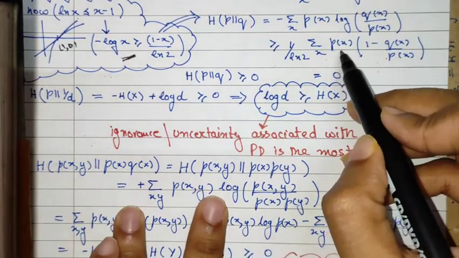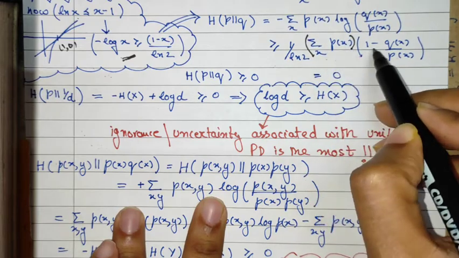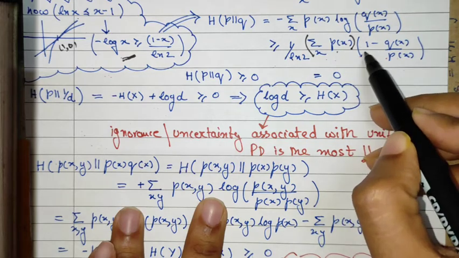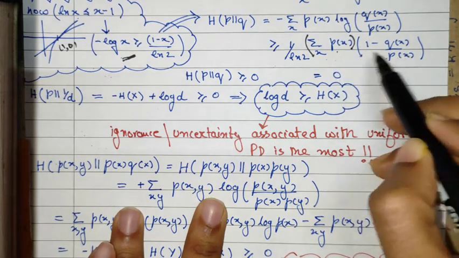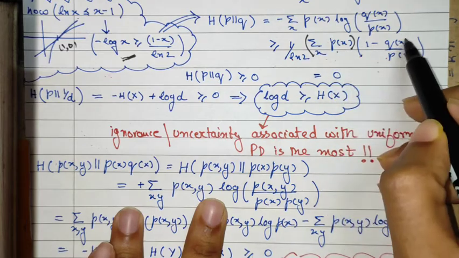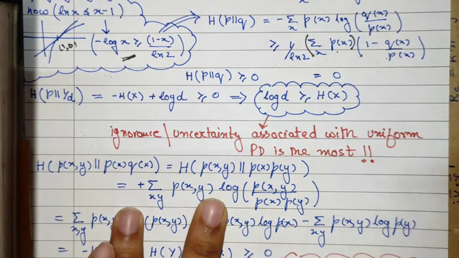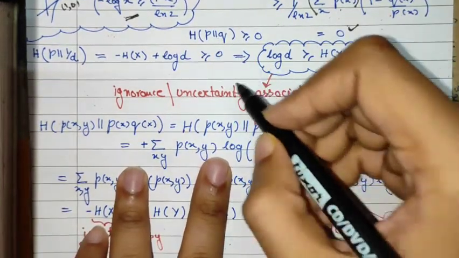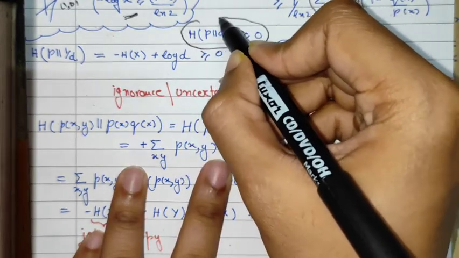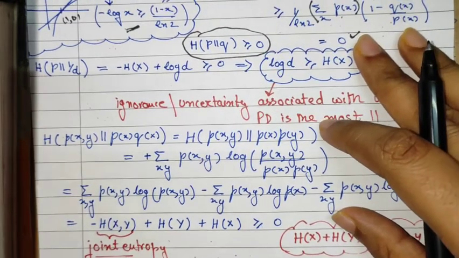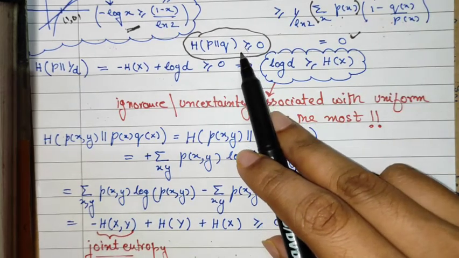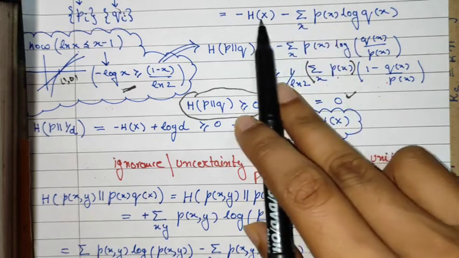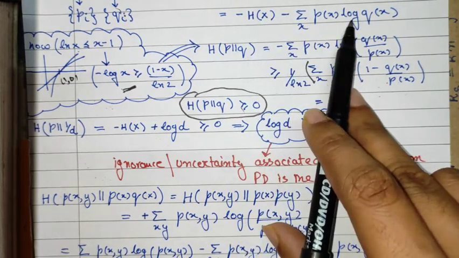Now you can see that the summation over x, as it goes inside the bracket, will produce a 1 because of completeness, and here it will cancel with p of x, and then again there will be the summation, and the summation over q of x is also 1, so we will get 0, since 1 minus 1 is 0. So this says that the relative entropy is always greater than or equal to 0. This will now lead to a consequence: this line is always greater than or equal to 0.